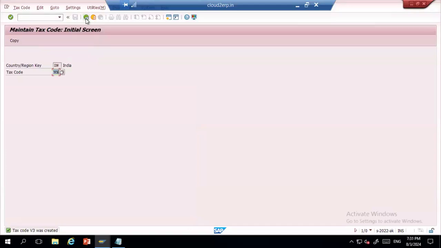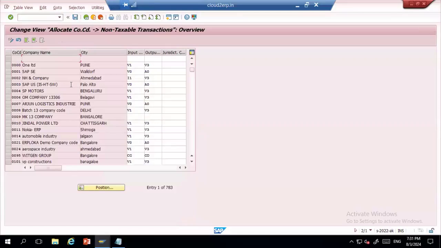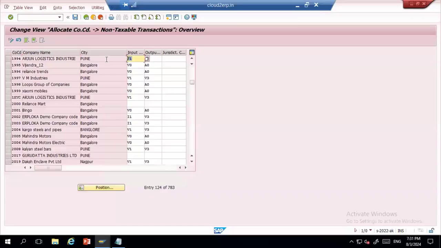Okay. And then the last step is you need to assign your tax codes or the tax procedure to your country. So I'll go to the transaction OBCL. Here you need to find your company code. Here you need to assign your input tax. Our input tax is V1, just for reference.